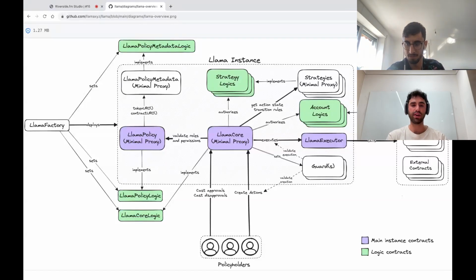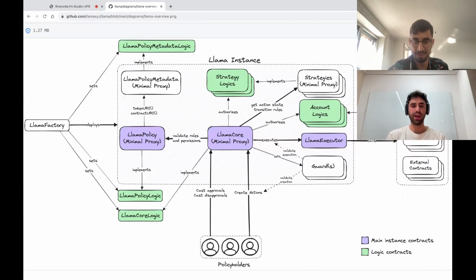The framework is deployed to Ethereum, Arbitrum, Optimism, Base, and Polygon as of the time of this recording, but we expect to deploy to more EVM chains. So I'll go over the framework, how it works, the code, and how protocols can use it for their on-chain governance and access control needs. Nice, that's awesome. I think a good point to start at is the diagram before we jump into the code. Yeah, awesome. I can walk through this diagram here.